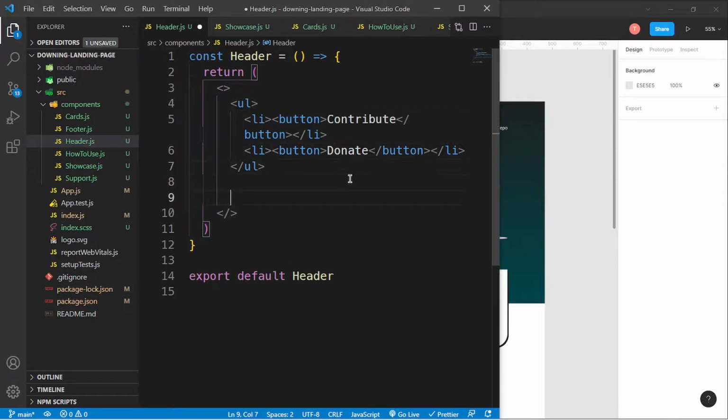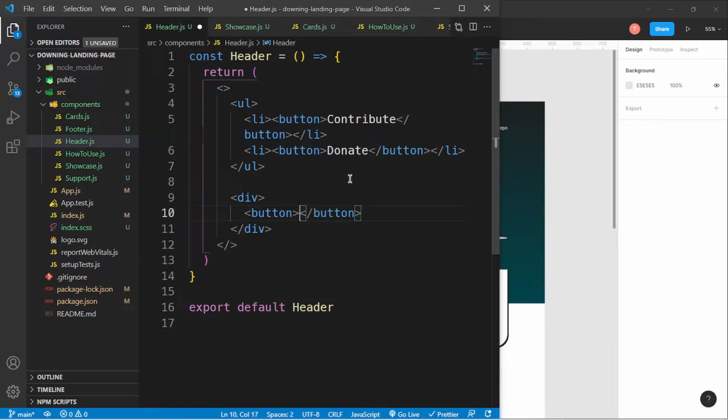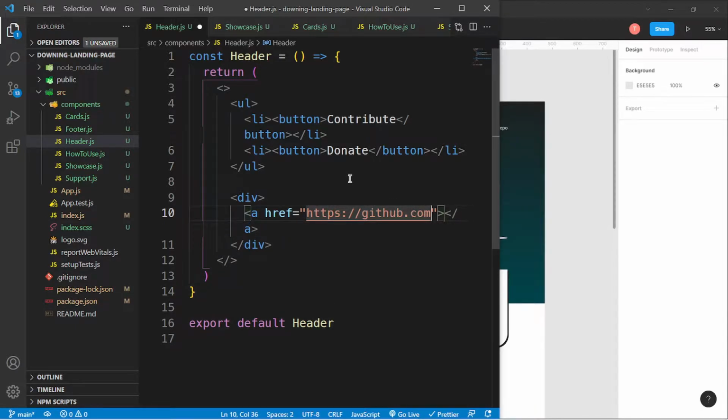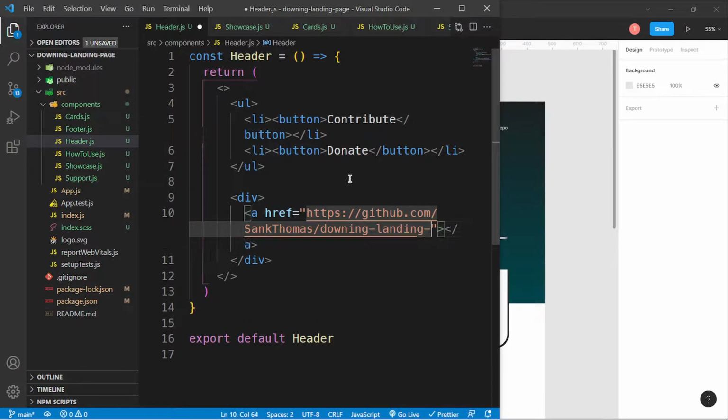Okay, and then inside here, we're going to add a div inside here, and then add a button that says, actually, you know what? Because I already know the repository for this, then I'm just going to place an href to https://github.com/me/downing-landing-page, which I haven't really created, by the way. Okay, and then I want this to open on a new page, so target equals underscore blank, and then